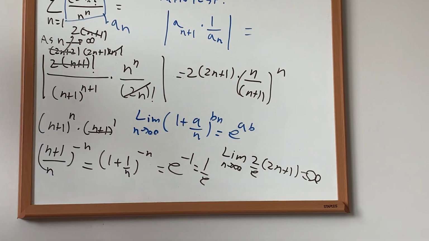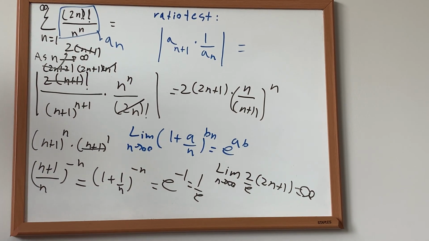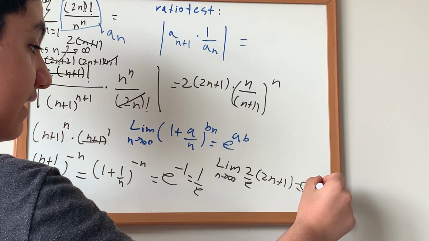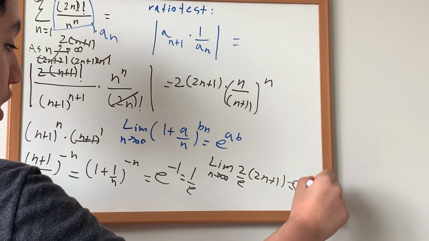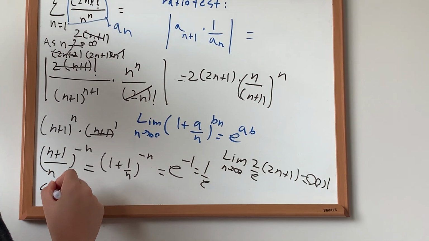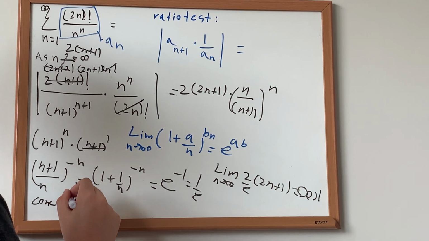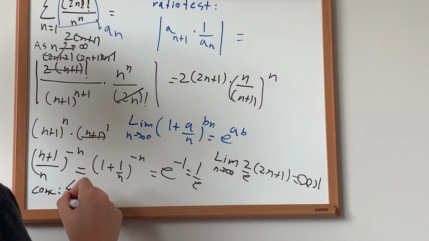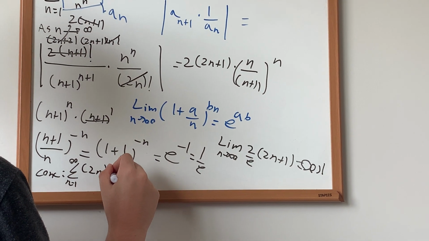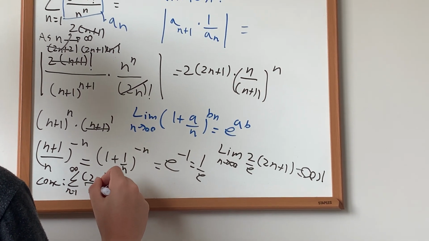And now in the ratio test, we're not done if we found the limit is infinity. We should state that infinity is way bigger than 1, so our conclusion, I read it here, is that the sum from n equals 1 to infinity of (2n)! over n to the power of n